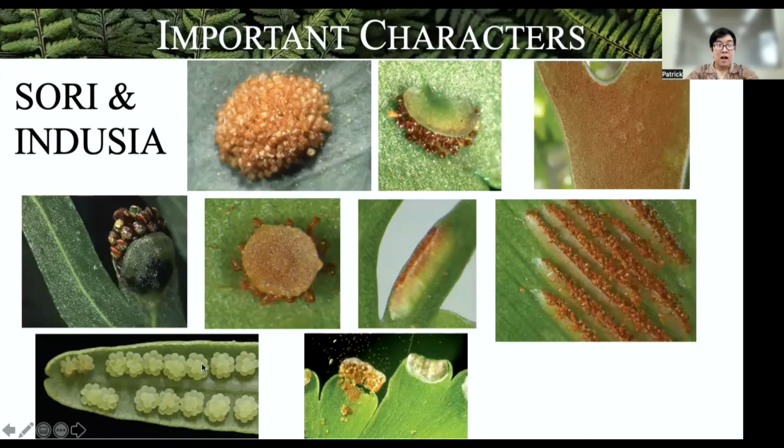But take note of the color. So here is the light green, and this one is brown. They actually belong to different families. And lastly, you have your